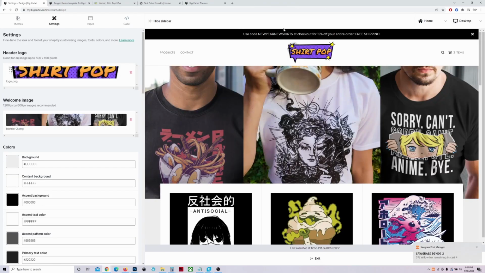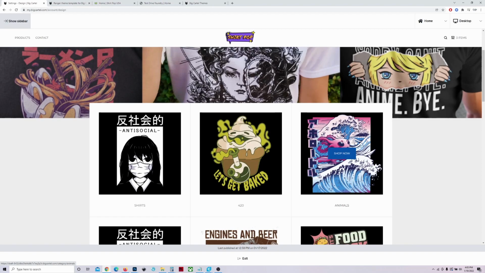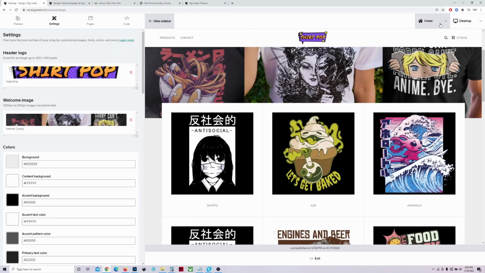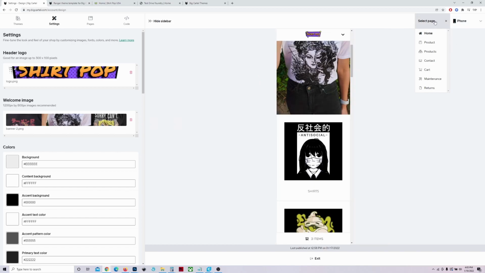Now another thing you can see here on the design section of Big Cartel, on the top left you have the hide sidebar. You can click on that so that way you can get rid of that little sidebar and see more or less what it's going to start looking like. On the top right you also have some navigation, so you can click on this and then go to any of your pages, and you have all the way at the far right the way it's going to be displayed. You can click on this and then either see it the way it would look on a desktop, a tablet, or a phone. So as you can see, editing the theme on Big Cartel is super simple,